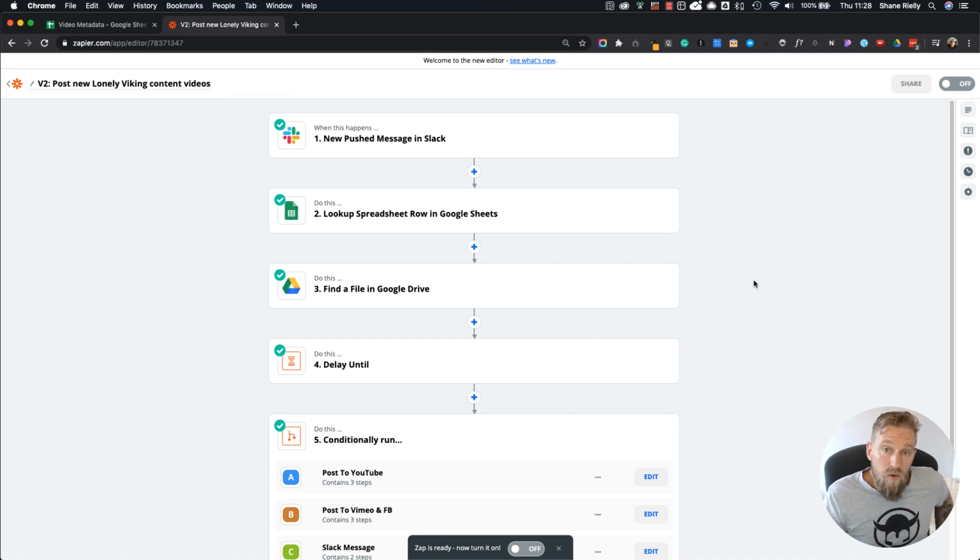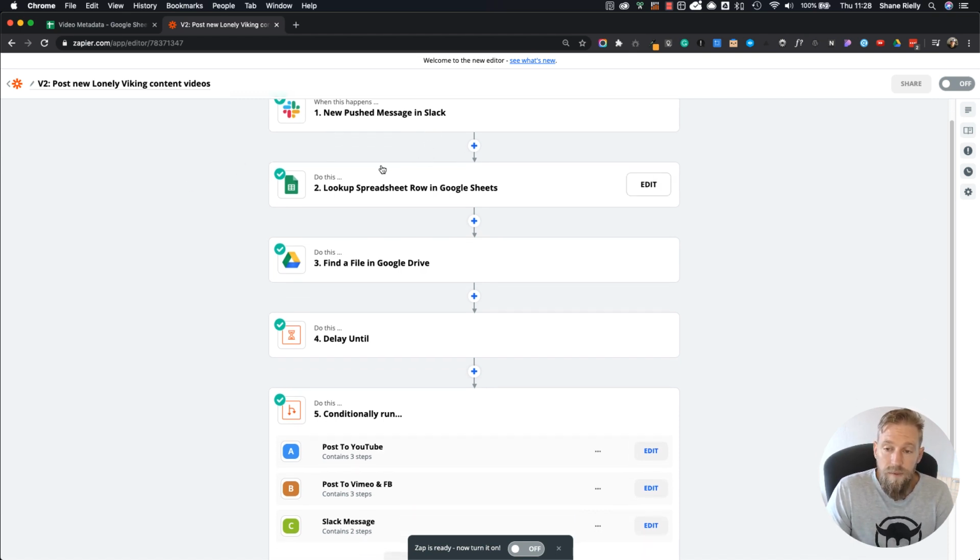So the way Zapier works is it requires a trigger, and then from that trigger, it performs actions. Okay, so the very first part of the process is a trigger, and what I'm using is to send a message in a certain way inside of Slack, and then that will trigger the process of these actions inside of Zapier. So this is how I've done it. I send a message in Slack. What happens then is